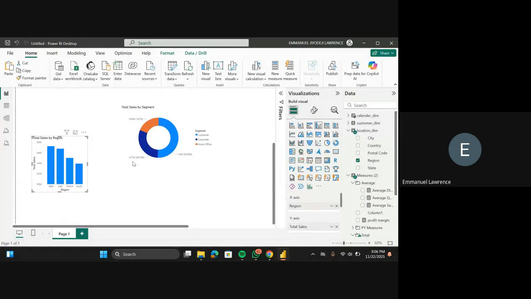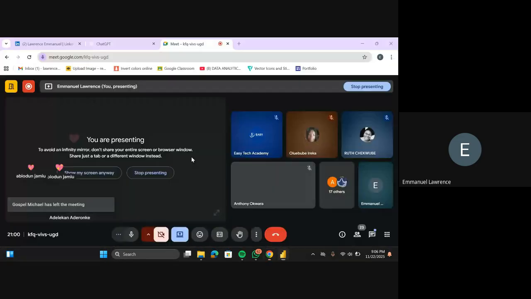I think we're going to do a lot of formatting on these visuals. We're still going to do a lot of formatting on this, but this is easy to understand at first glance. We can see that West here is the highest, followed by East, and the least is South. And this is just easy to understand. We are going to do a lot of formatting because this is still looking kind of noisy. We want to make our dashboard so simple to understand. So we'll still get there. So now let's create another one.